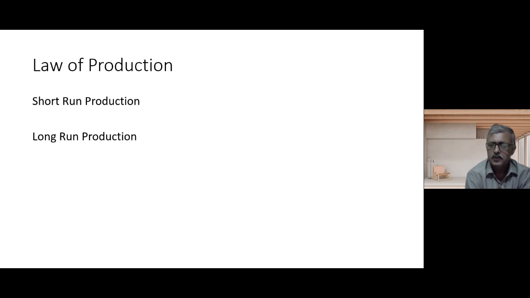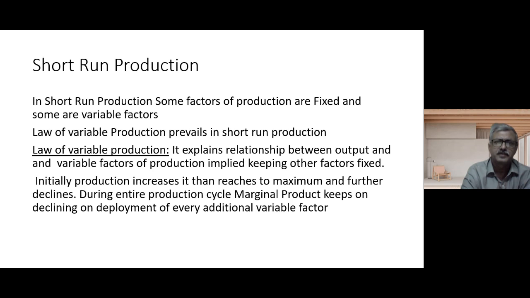There are two significant laws of production. So any goods or services which are being produced, these two laws apply. So what are these laws? The first one is called the law of variable proportion. It happens in short run production. First understand the law and then you will be able to understand short run production. Now what is the law of variable proportion? Law of variable proportion means that